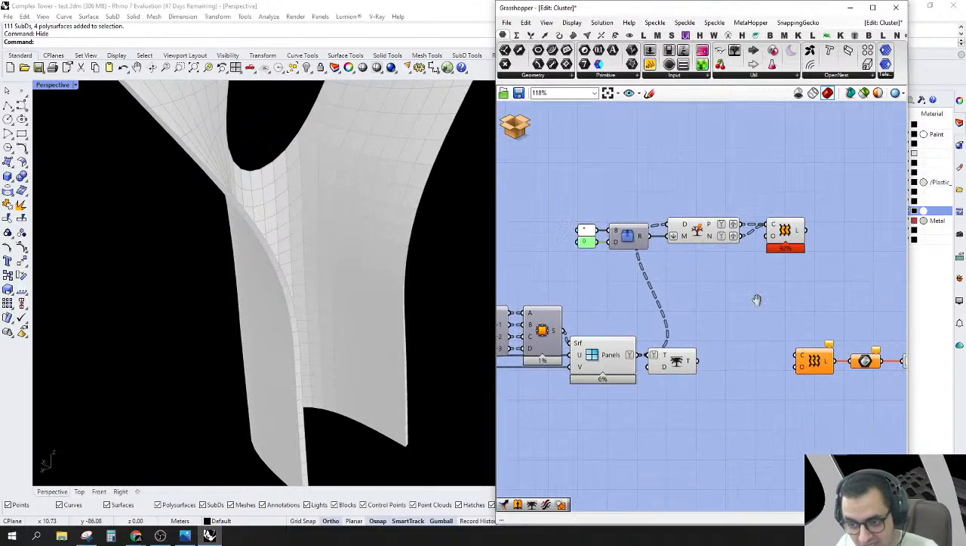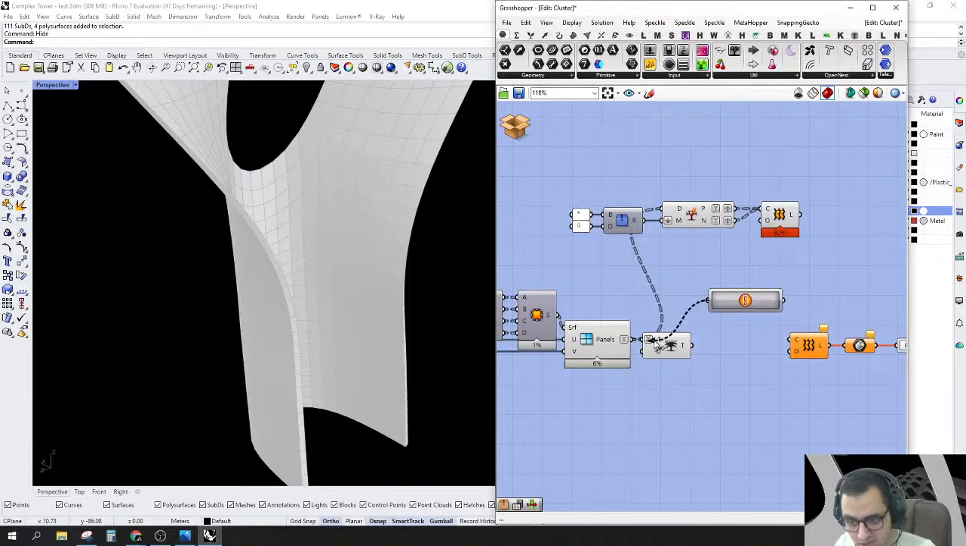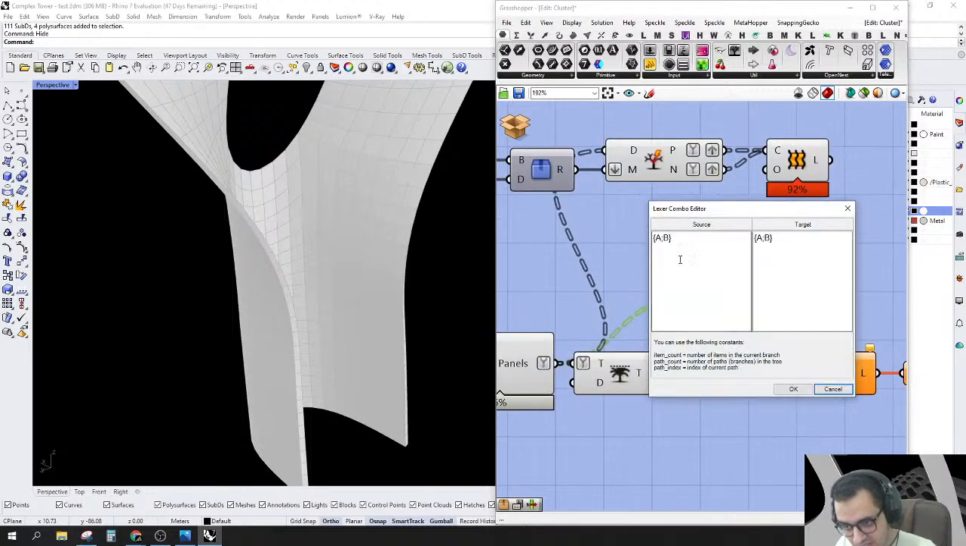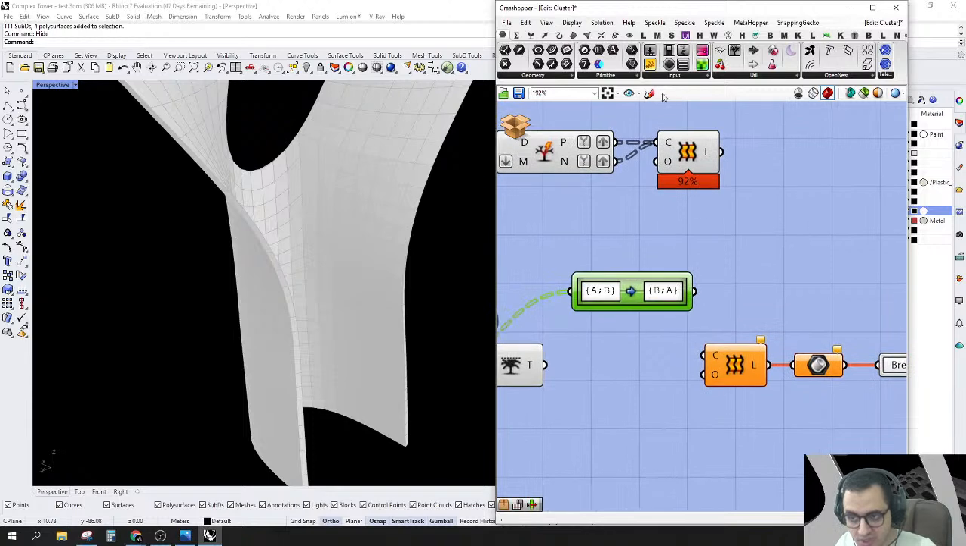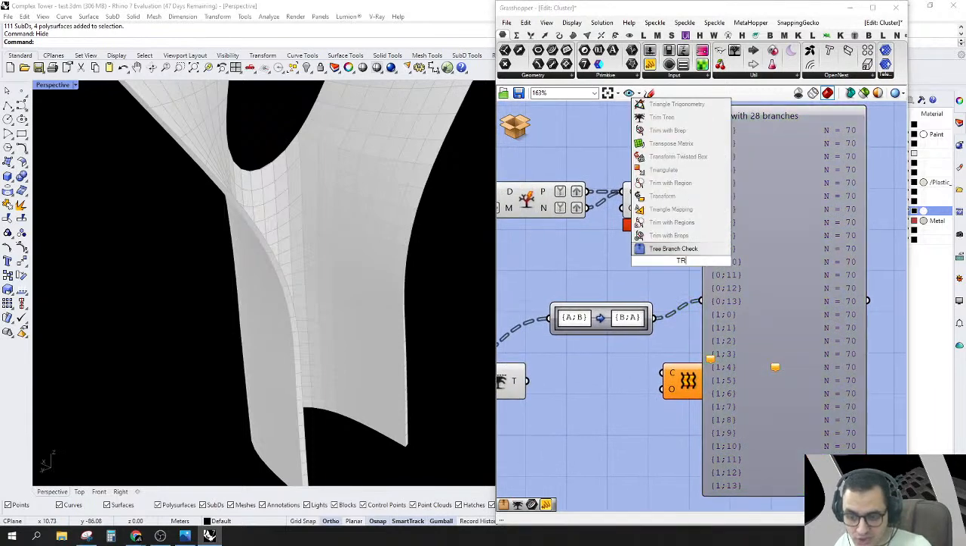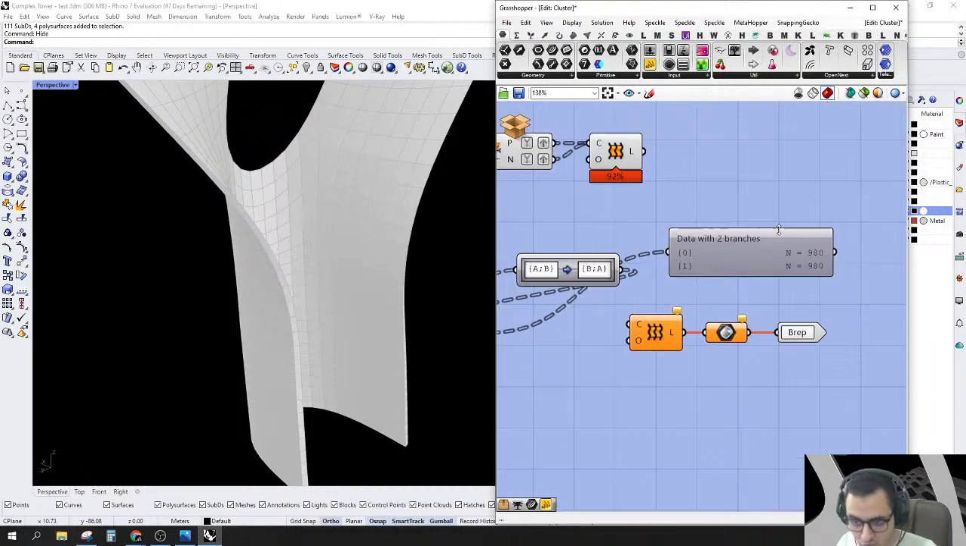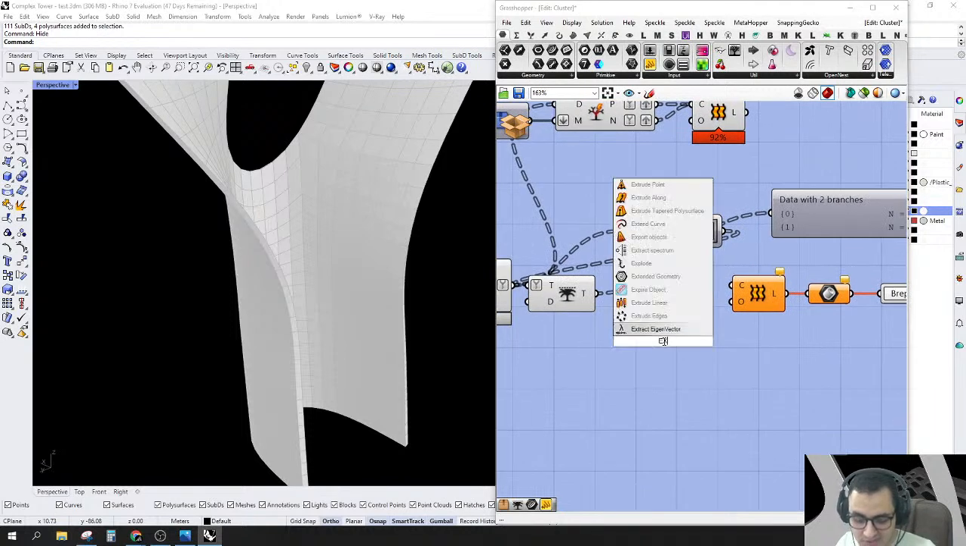Okay, or you can simply make a path mapper. Path mapper for this, and simply create null mapping, and make sure that B is first and A is second, so the result will be like this. And when you trim this result, the result will be like this, 0 and 1, and of course you can explode it,